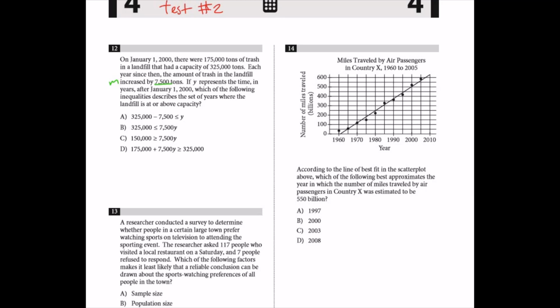So we're going to construct the linear inequality. So we need to know x and y, as in y equals mx plus b. We need to know our slope. We need to know our start point. We need to know our variable. Our variable here is y, already given. Variable is time. Our slope is, we know, 7,500 y, and our initial is this because there were this many tons of trash once we started. So plus 175k, and we know that the capacity is this, so the landfill can take this much, not more than that. So less than or equal to,